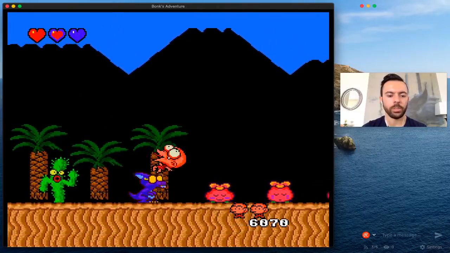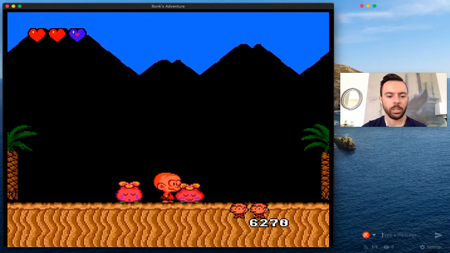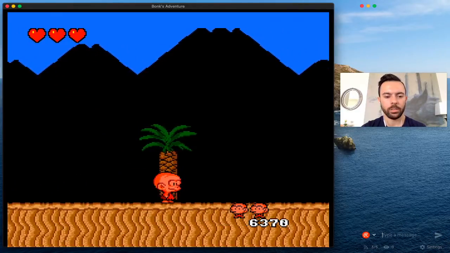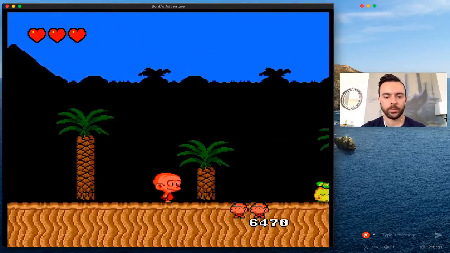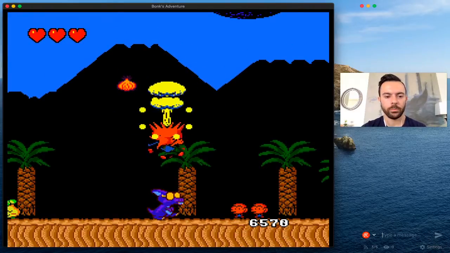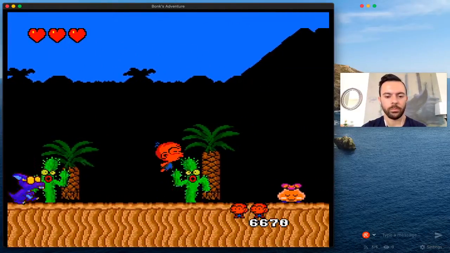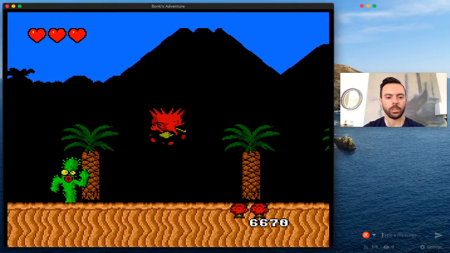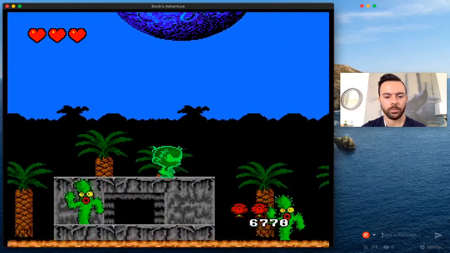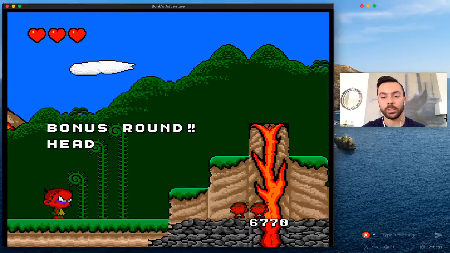So those fruits, oh Lord. Those fruits refill a bit of your life, so always good. And you see how some of them are breathing and some of them aren't? The non-breathing ones are enemies, so you can just avoid those. Alright, here we go. Oh yeah, and there's all these little secret zones, so...